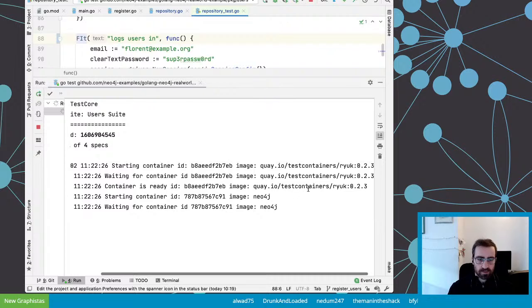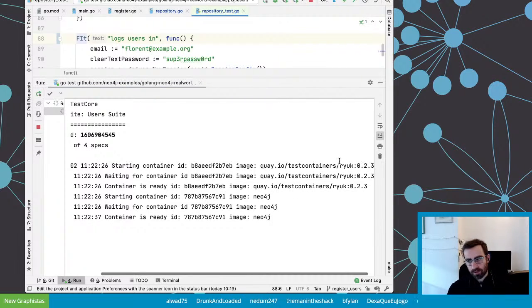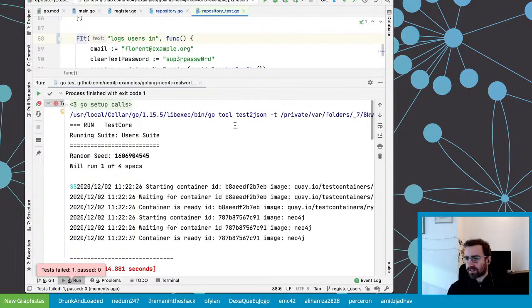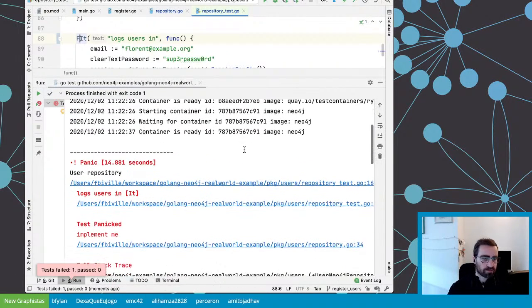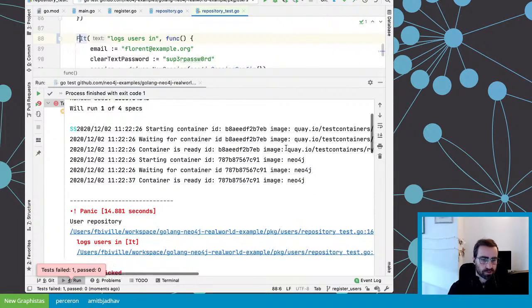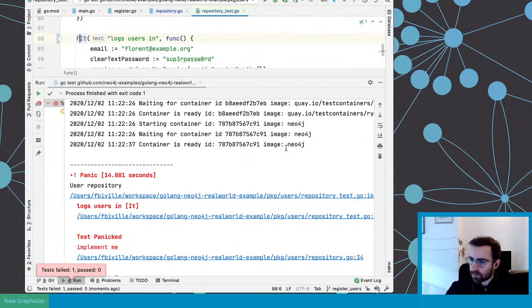It will start not only Neo4j, but Ryuk, and Ryuk, I'm not sure how to pronounce it, is a kind of garbage collecting image. It will make sure that the image you start for your test will be killed afterwards. You don't have to code anything for that. That's the role of Ryuk here. So basically, I don't have to stop the Neo4j image myself. It will detect somehow that the image is not used anymore and will kill the image for me.